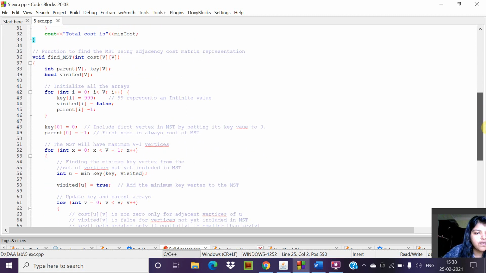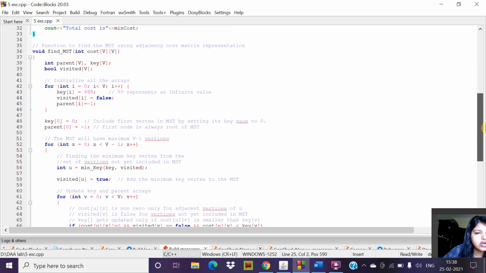Then comes the function to find the MST using the adjacency cost matrix representation. Inside a function called find_MST, we are passing an argument cost of V of V. Then we're initializing all the arrays, declaring an integer and boolean variable.